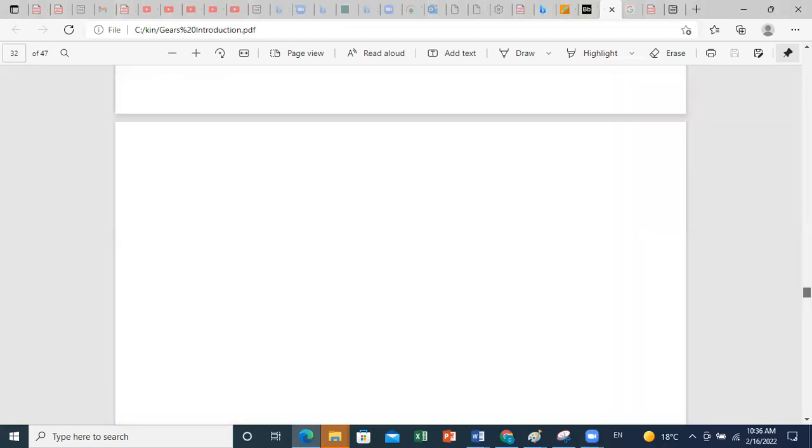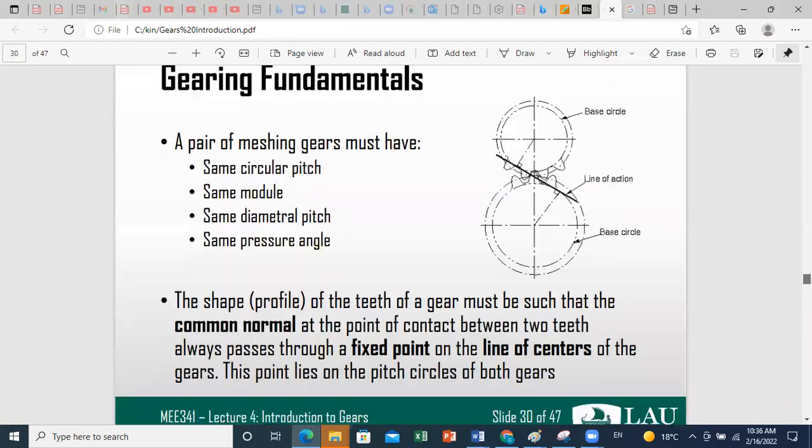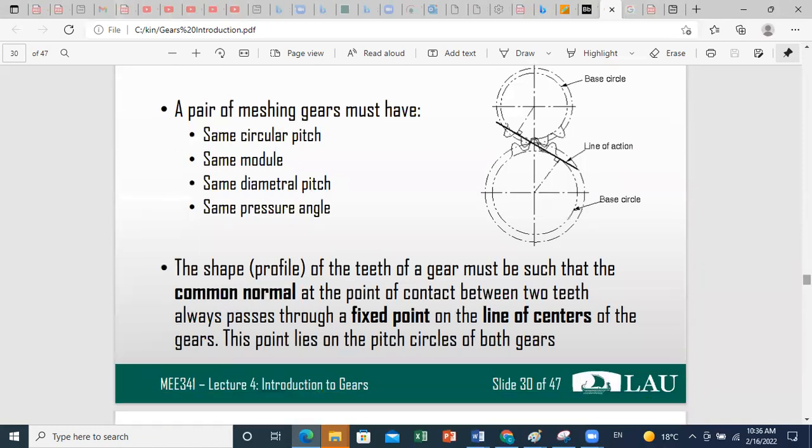دكتور شو هن ال N1 وال N2؟ N1 وال N2 هن number of T's. Okay, so already we have set big N as the number of T's for gear 1, for gear 2. Okay, so as you can see here already حطينا several conditions for meshing gears. Same circular pitch. Okay, and same value of P, same value of module M, same diametral pitch,